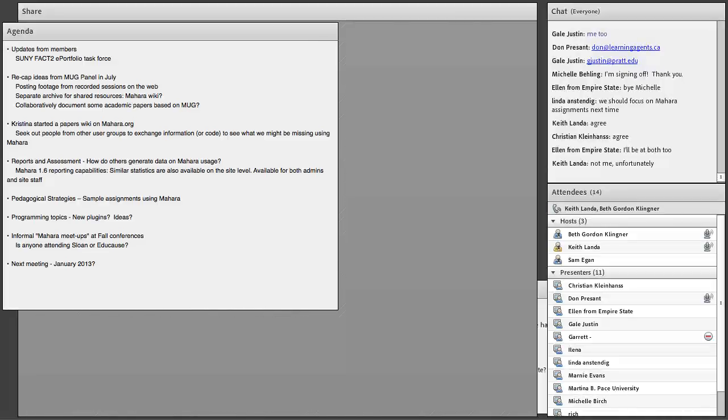And keeping with our schedule from last year, I think we'll plan for our next meeting to be in January. What we'd like is to have the topics really come from the group. So we'll continue to use our two sources, Mahara.org and Facebook, to generate ideas. We'd like to hear from some of our new people here as well. If you want to stay in the chat and add topics, or continue our discussions through those other venues, we'd like to develop topics that are interesting to all. Does anyone have anything else to add before we wrap up?